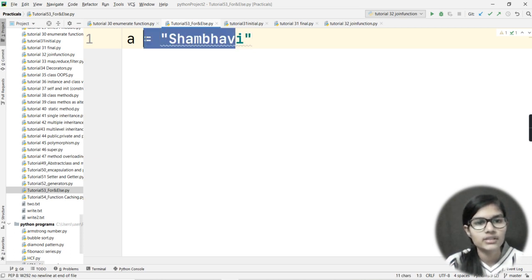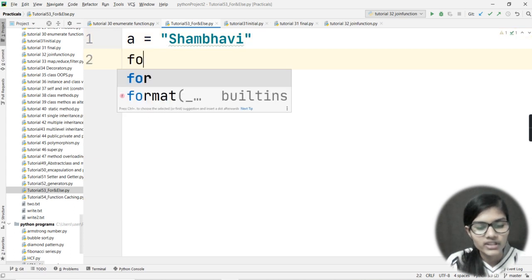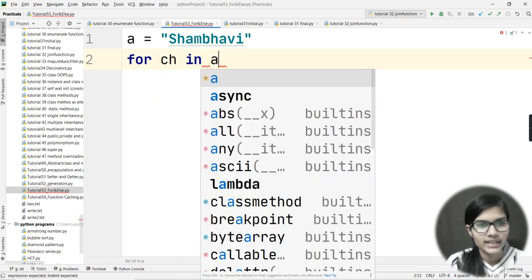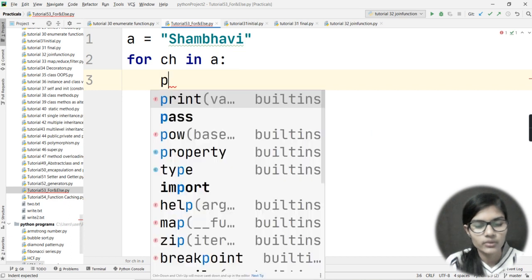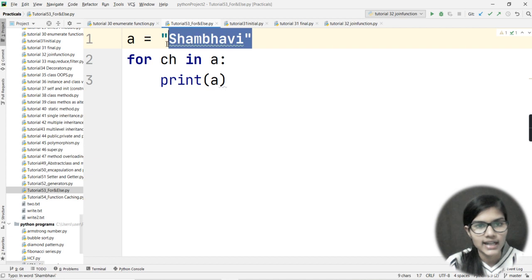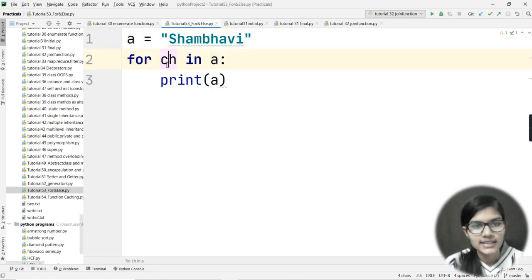This is basically a string, so I have written a string and stored it in the variable A. Now if I want to access this string, I would write for ch in A, put a colon, and write print A. This is the basic way of printing characters stored in a variable. Here ch is the character, for ch in A, and we print that.